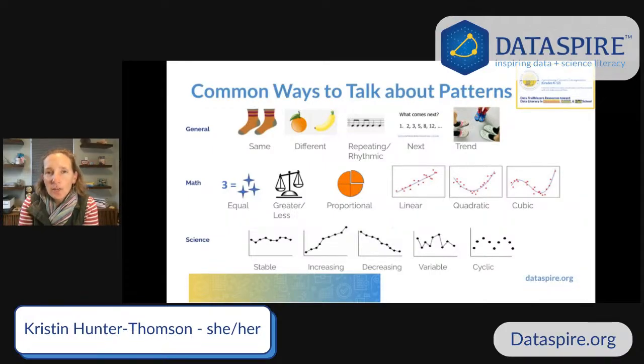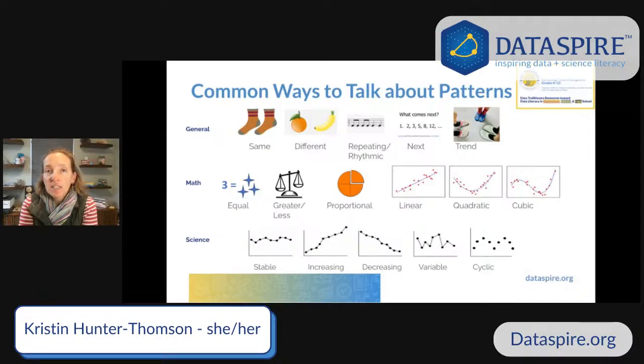So another question we got was, what prompts or guiding questions work best to get students talking about patterns in data? And so I want to give a shout out to this advancing pattern recognition that's up here in the right-hand corner. I'll share a little bit more about that in just a moment, but